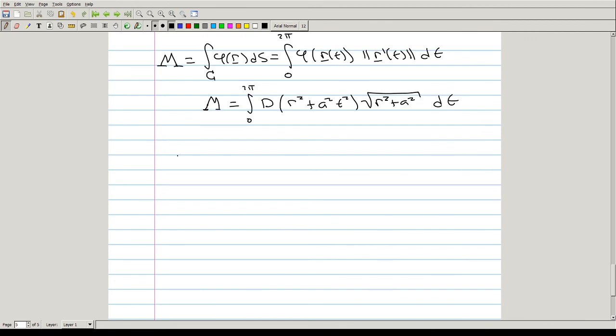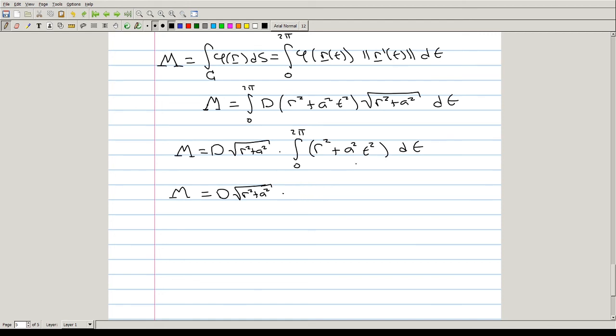This simplifies to the mass is equal to d times the square root of r squared plus a squared times the integral from 0 to 2 pi of r squared plus a squared times t squared dt, which is d times the square root of r squared plus a squared times the integral,